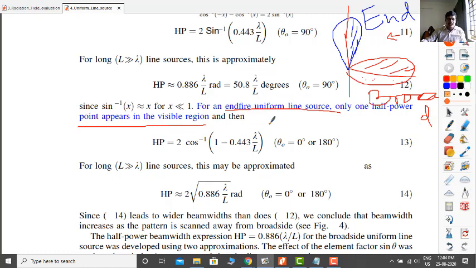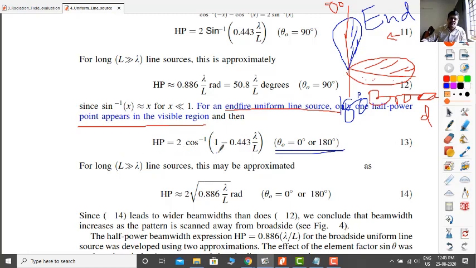So for the end fire, only one is visible, and the angle will be 0 degree, and can be 180 degree also. So for 0 degree and 180 degree, this corresponds to the end fire radiations,